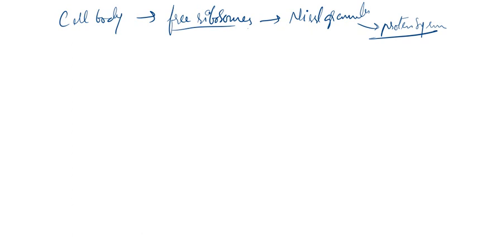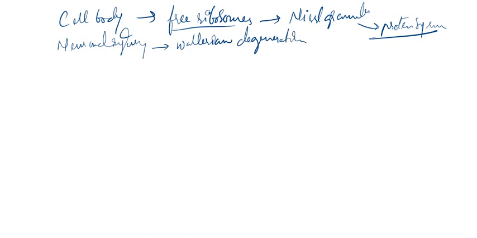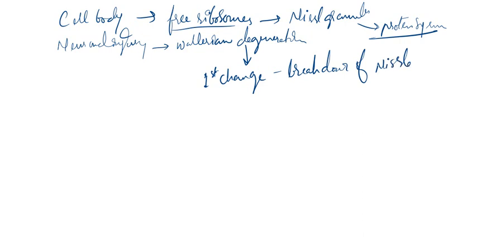Now if the neuron gets injured, there is a neuronal injury, what happens? A phenomenon occurs that's called Wallerian degeneration. What is Wallerian degeneration? The first or initial change in Wallerian degeneration is breakdown of Nissl's granules. Remember, this is a very important point. Breakdown of Nissl's granules is called chromatolysis. So in neuronal injury, regarding Wallerian degeneration, the first change is the breakdown of Nissl's granules, which is called